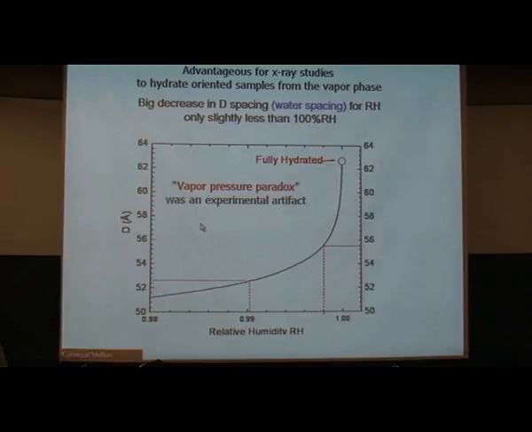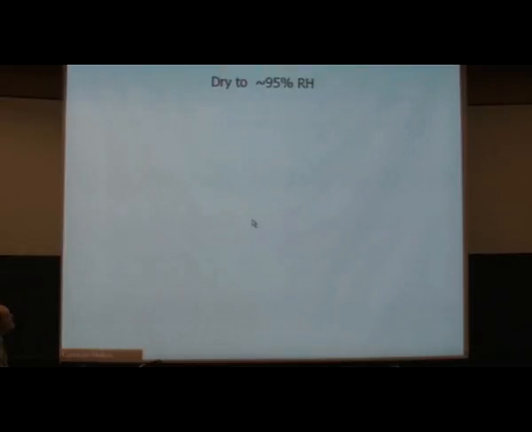However, for many, many years, starting with Nobel Prize winner Wilkinson back in the 70s and going through a number of other excellent investigators, people were not able to fully hydrate their lipids from the vapor. They were down here someplace. And it only became clear in the last 10 years that that was an experimental artifact which just required an extremely good hydration chamber to be able to get the full hydration. So it was an experimental artifact, and we really want to be up here because that's the biological interest.